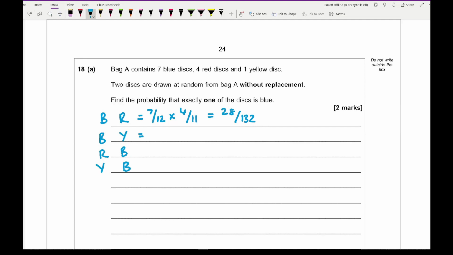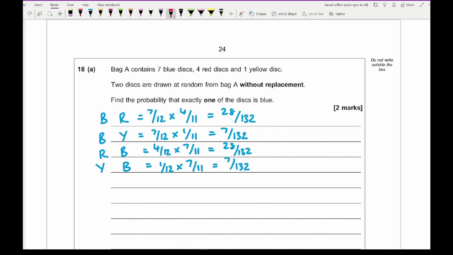Blue, yellow is going to be 7/12 times 1/11, which is 7/132. Red, blue is going to be 4/12 times 7/11, which is 28/132. And yellow, blue, which is 1/12 times 7/11 equals